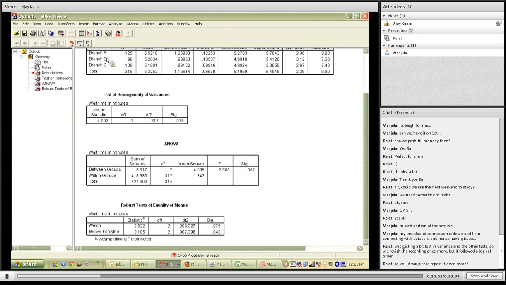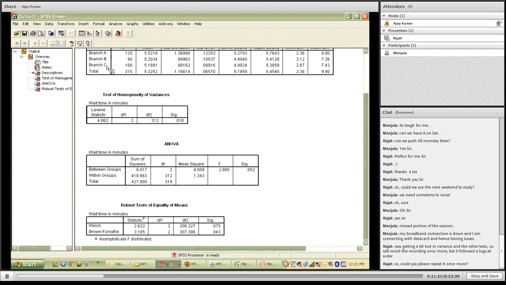B, and C. Which means that the difference these branches have in terms of their waiting time can be attributed to chance only. Alright, so in probability we talk of chances. So this difference can only be attributed to chance and should not be treated as a significant one, and we should not be taking any decision on the basis of this,